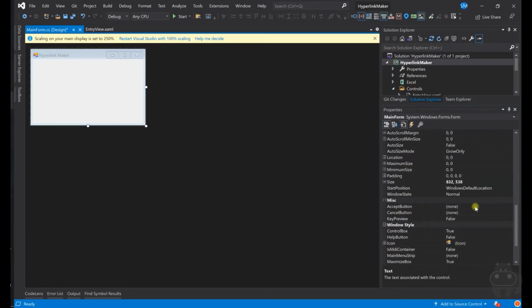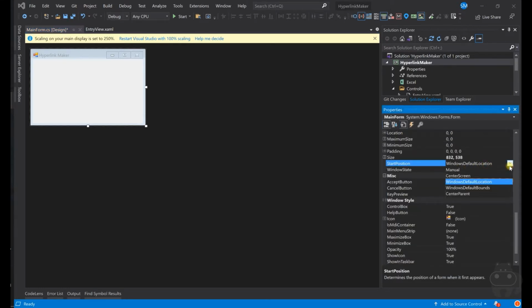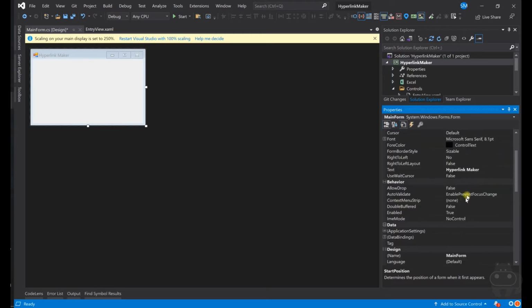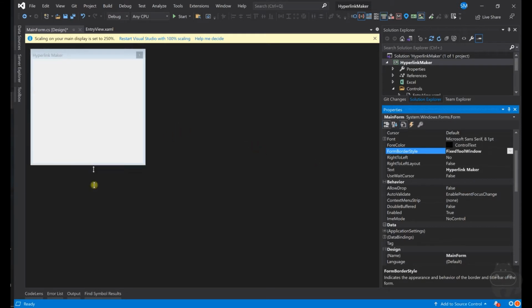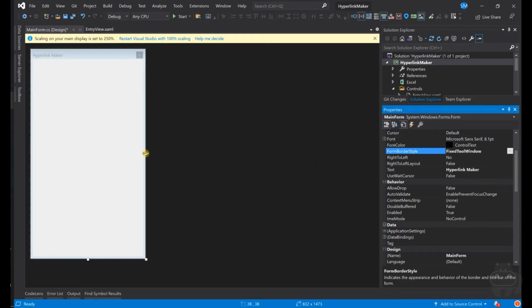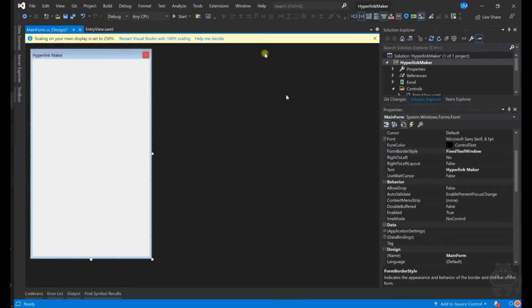And the next step that I'm going to do is change this style. So StartPosition is CenterScreen. Then FormBorderStyle is sizable. So let's say not sizable, or let's say FixedToolWindow. It's fine. Let's increase the size somehow. We will come back to this and fix all those things later, but now all we have is a Windows form, which is fine.